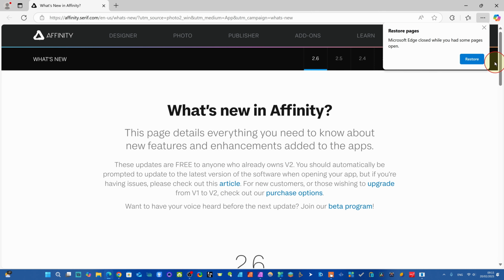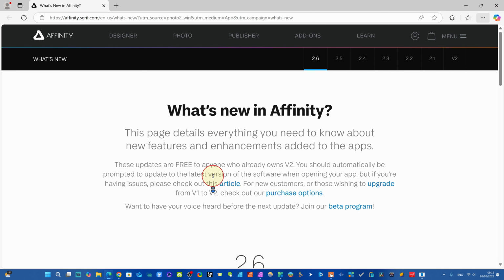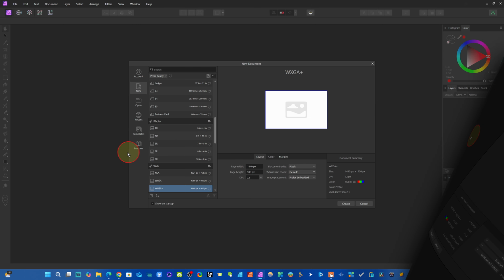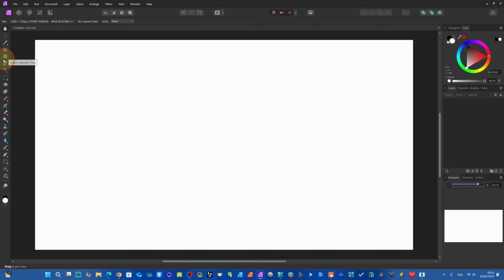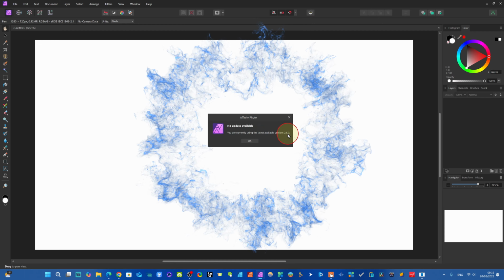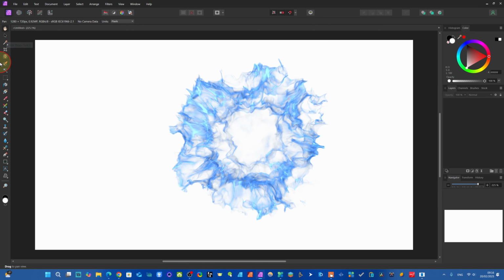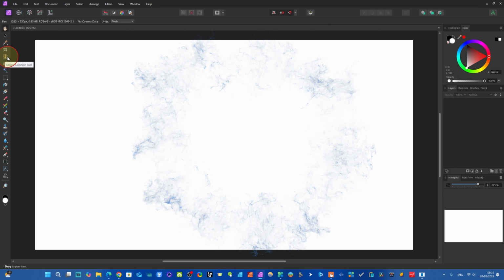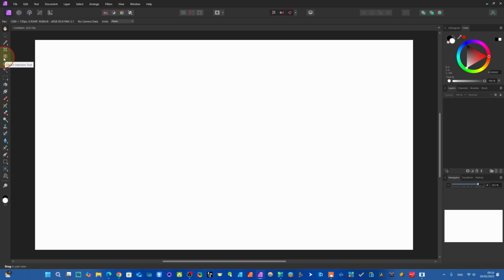Now we have come here, and here you can read, but now we will check for our Affinity what's new here. As you open Affinity Photo 2.6, you can see there is a major update for this version: the object selection tool. This is an AI model like you find in Photoshop. Now Affinity Photo can automatically remove the background of your photo, dear friend.